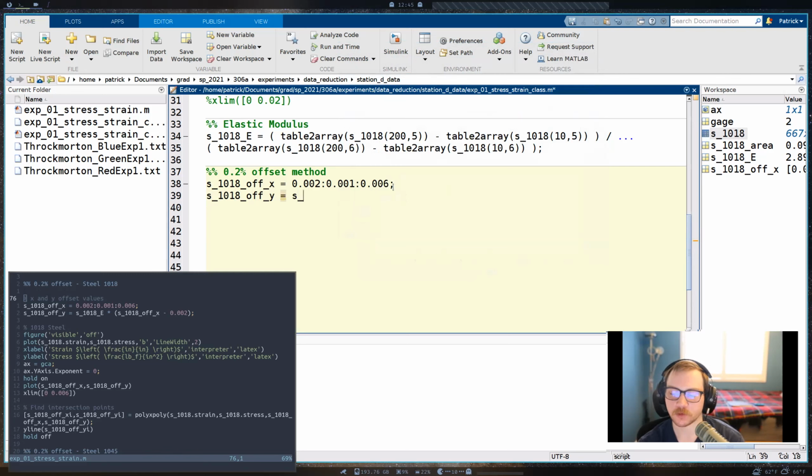And now we're going to get all of those y values that we want for this offset method. So we're going to look at the elastic modulus. That's S_1018_E. That's what we calculated right here. And then we're going to multiply this by our X values that we just defined right here, S_1018_off_X, and then minus